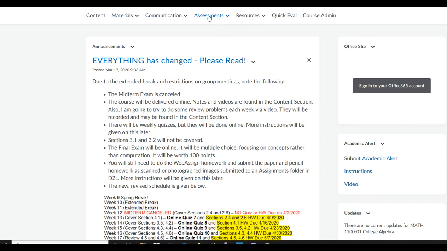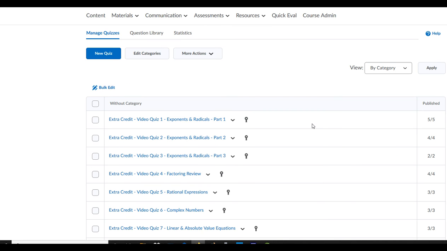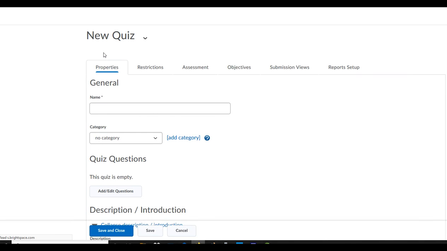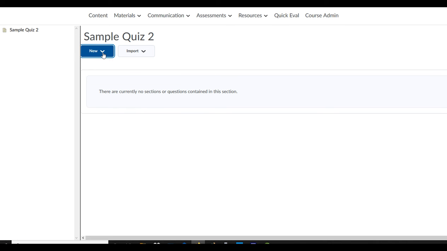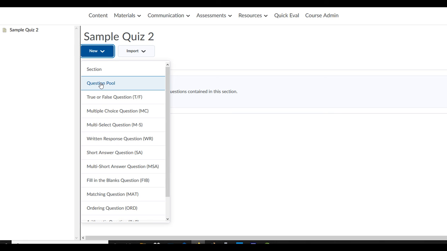Okay, now to set up this quiz, we go back to the assessment menu, quizzes, and we're going to want a new quiz. I click on new quiz. I'll just call it sample quiz 2 because I have another sample quiz I already did. And then add edit questions, and our questions are going to be from the question pool. So we select question pool,